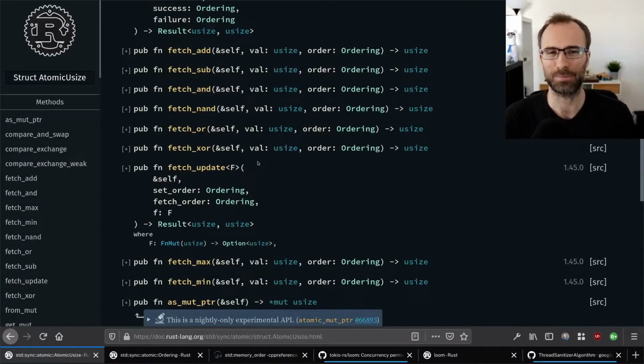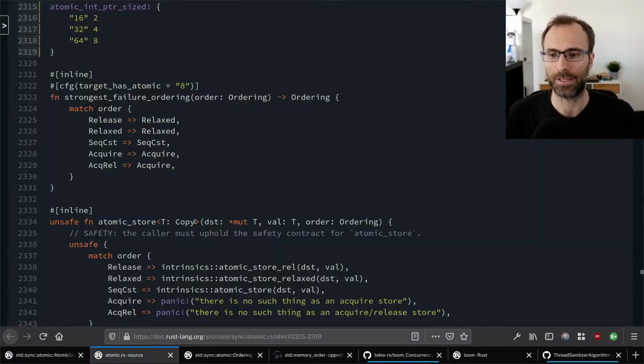The reason I say the fetch update is like a little bit ugly and weird is because the CPU has built-in support for doing add atomically, or doing subtraction atomically, or and atomic, like bitwise and atomically. It doesn't have this for an arbitrary closure. And so really what fetch update is, is a compare exchange loop that's implemented for you. So if we look at the source for fetch update,